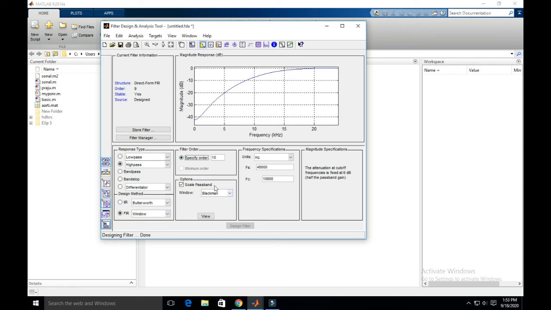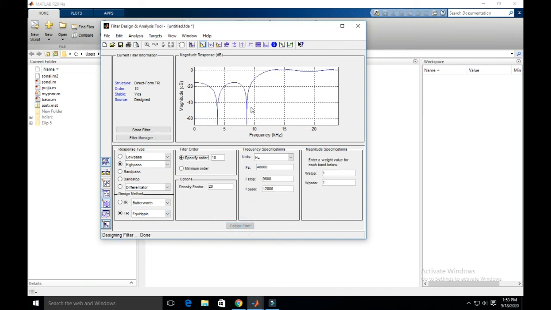If I click on equiripple and click on design filter, you can see I have taken the minimum order.